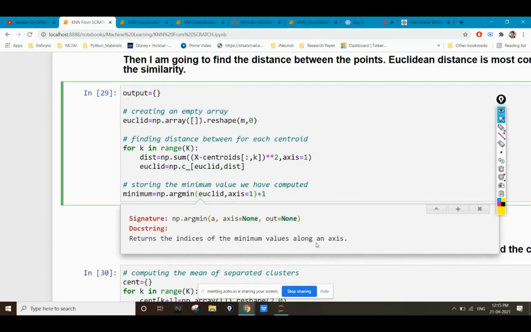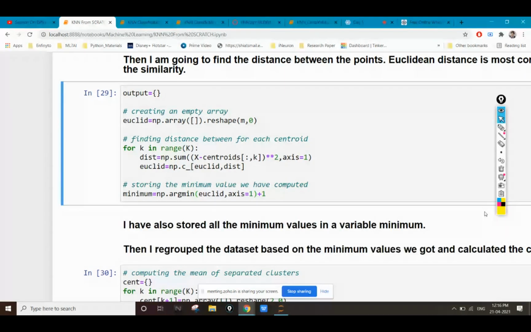So it will return the index position for all the points, that is, at which index position the points have the minimum distance. Because I have k equal to 5, it will give index positions 0, 1, 2, 3, and 4.